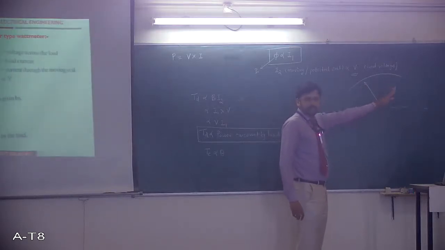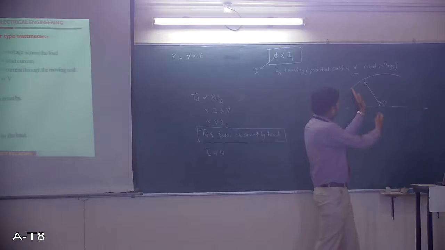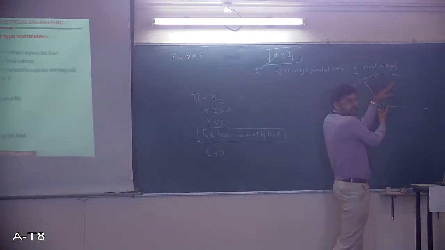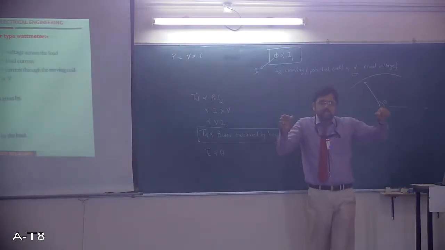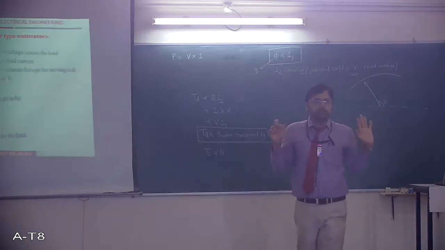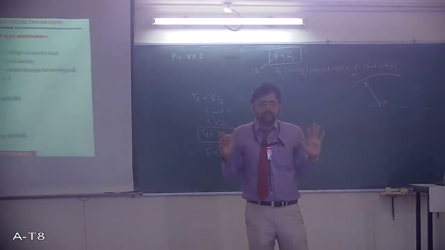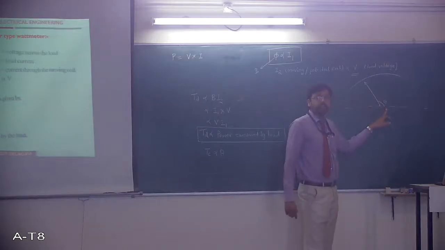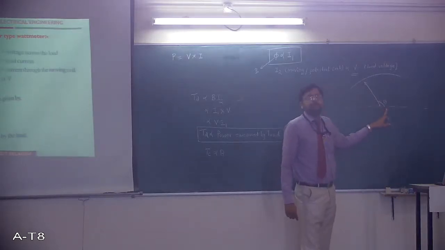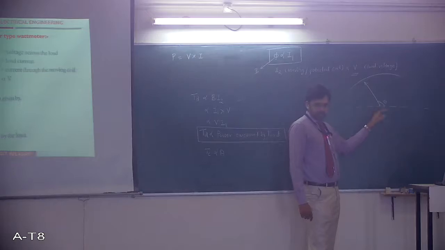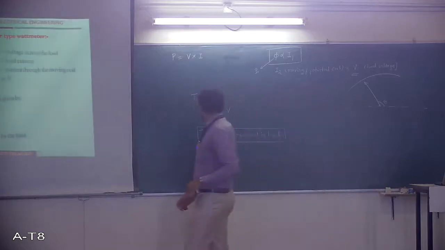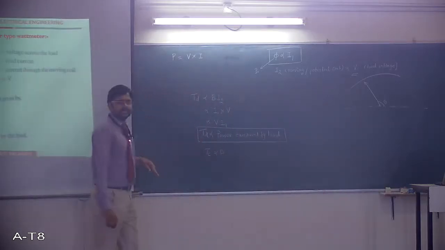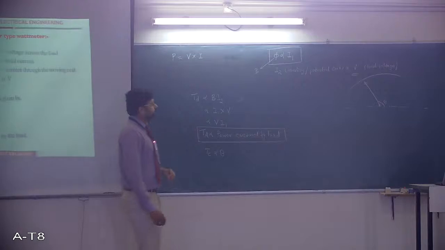how much it is moving, the controlling torque is produced. It's a spring basically. How much it moves, that much is the strength. You know, how much you stretch, that much more is the force produced by the spring, isn't it? Basically, the same thing applies here. So your controlling torque, which is produced by the spring, depends upon the angle made by the pointer with respect to the reference axis of the scale. So hence TC is proportional to what? Theta. It is proportional to theta.